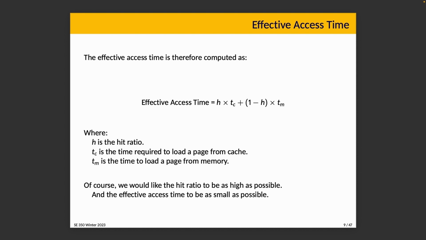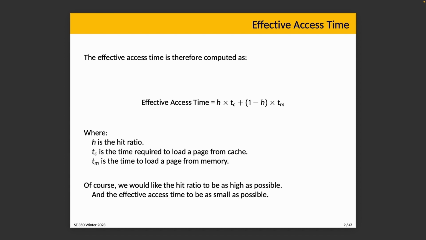Now, of course, any individual read or write will fall into one or the other of those cases. Either it's in the cache or it's not. The actual access time for a read or write will be different from the average. In fact, this is one of the scenarios in which the access time will most likely never be the average, because if it's in the cache, it's less than the average, and if it's not in the cache, it's above the average. But if you compute, over the total runtime of your program, how long it's going to take, the